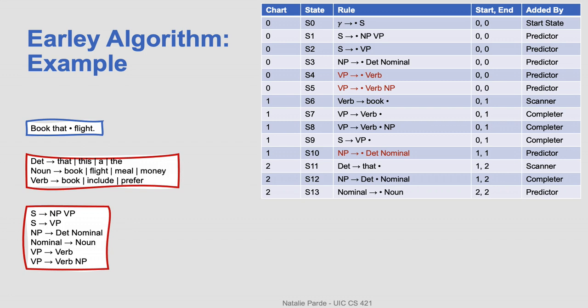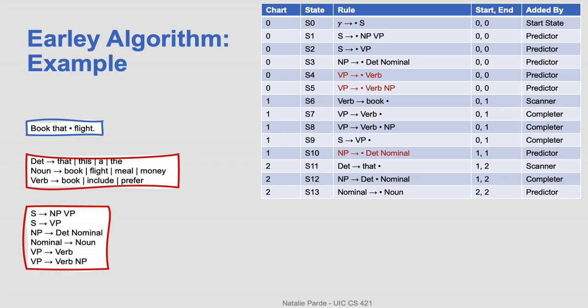So we'll move on, and when we process state 10, we see that we have a part-of-speech tag to the right of the dot, so we can apply our scanner operation. We'll go ahead and do that, and we see that the next word in our input is a determiner, which matches what we're looking for. So we'll add a state indicating that a determiner generates that to the table. We'll also advance the dot forward in our input string. Then, we can take this new information in state 11 and apply the completer operation to move the noun phrase production rule forward. We can't use that information to advance any other existing subtrees, so we'll move on to processing